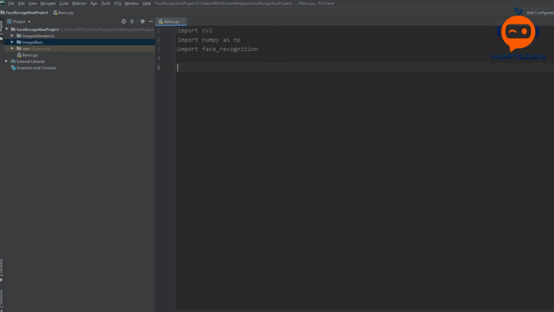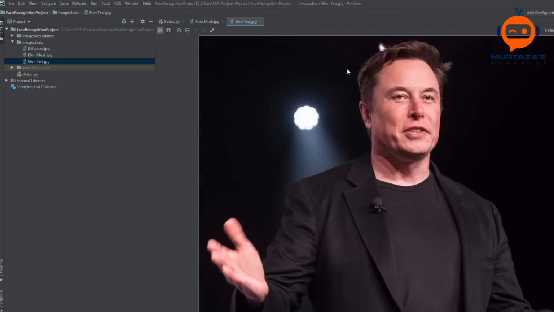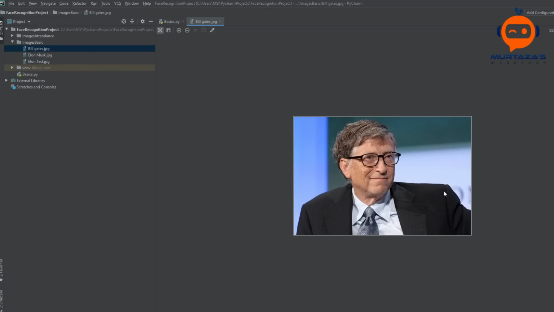Now if we look at our directory, we have images basic. Now we are running the script basics, so that's why we are using this one. What we have here is 2 images of Elon Musk and 1 image of Bill Gates. So if we open up, this is the image of Elon Musk, and then we also have a test image for Elon Musk, and then we also have a test image for Bill Gates.